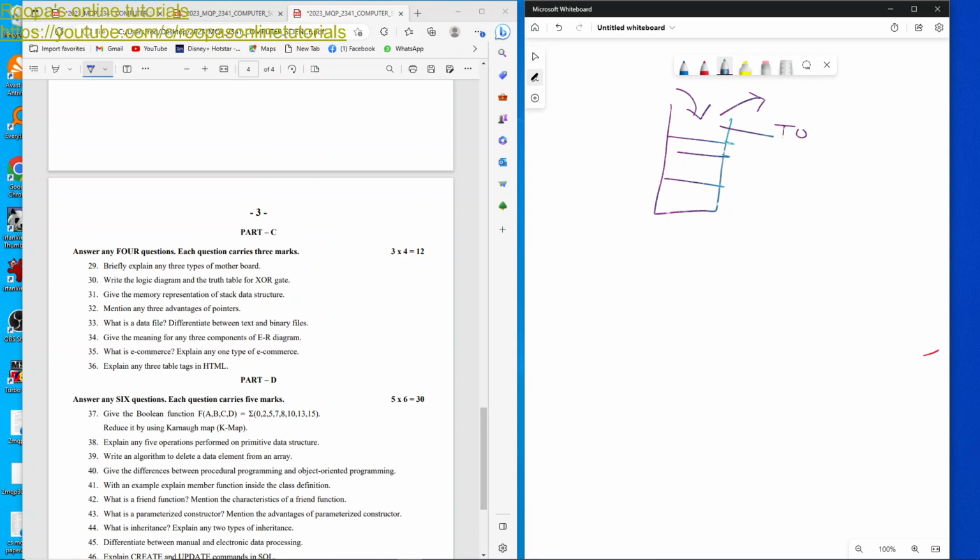Removing both happens at the same end of the stack called the top of the stack. And you can just name the stack like this 0, 1, 2 and put some values here. So it's a 3-mark question. So you can write it like that. The next one,